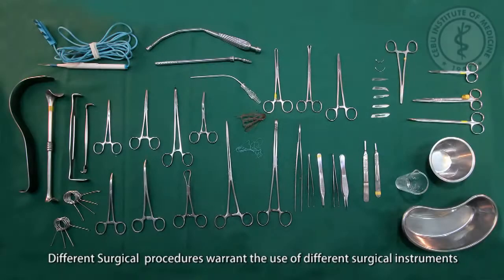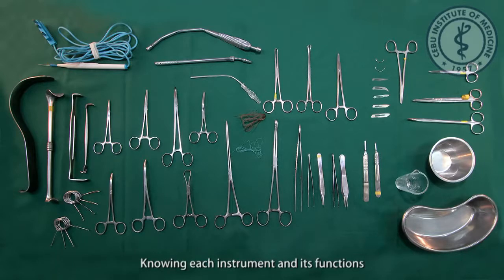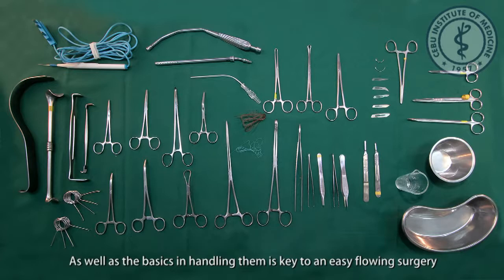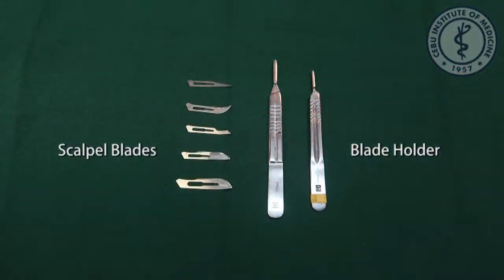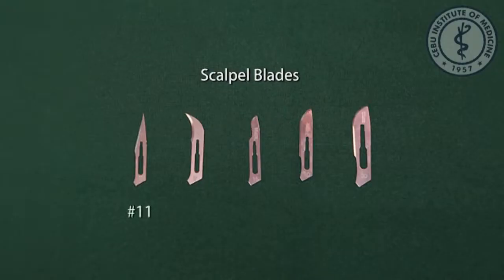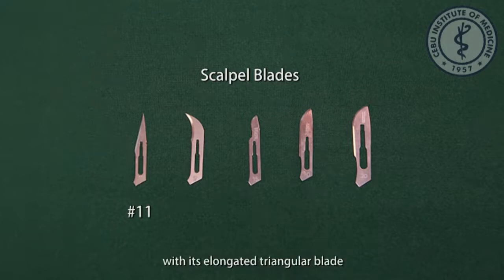Basic surgical instruments. Different surgical procedures warrant the use of different surgical instruments. Knowing each instrument and its functions, as well as the basics in handling them, is the key to an easy flowing surgery. Scalpel blades. Blade holder. Blade number 11, also known as the stab knife, with its elongated triangular blade sharpened along the hypotenuse edge